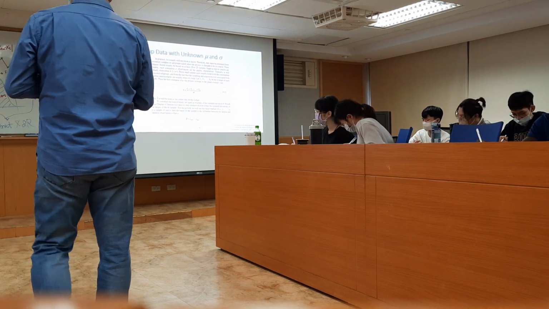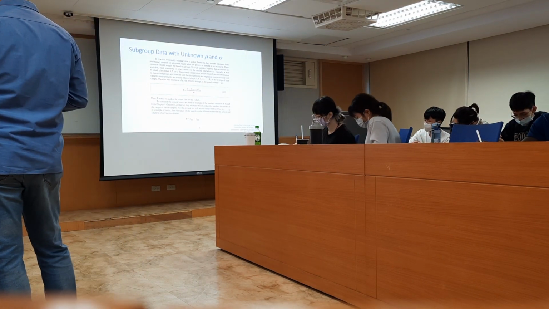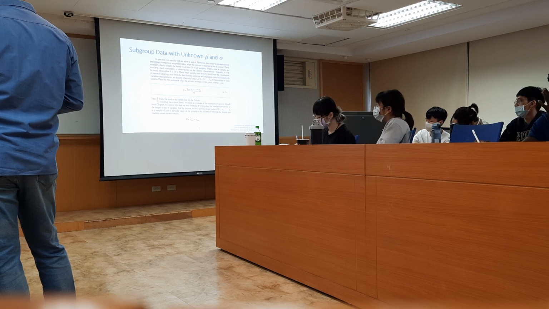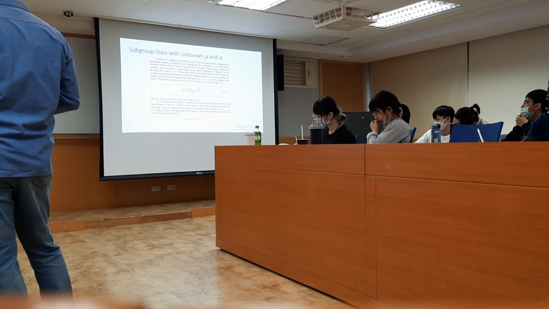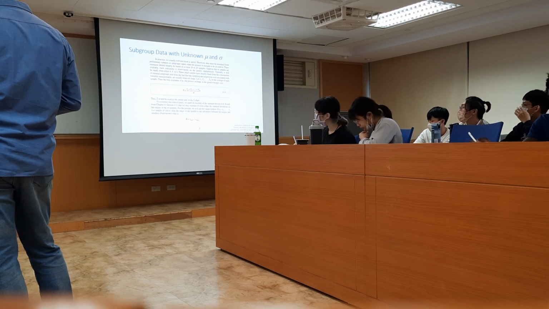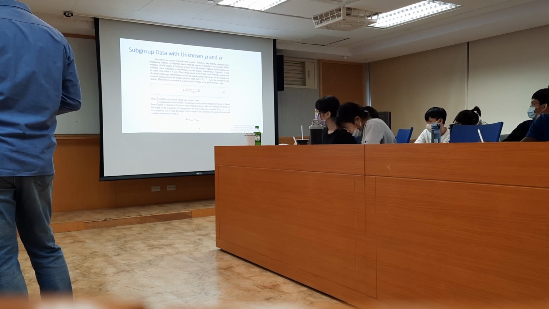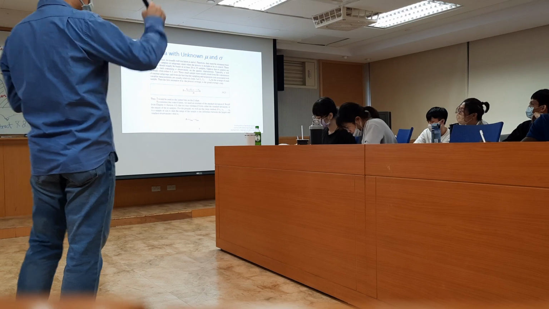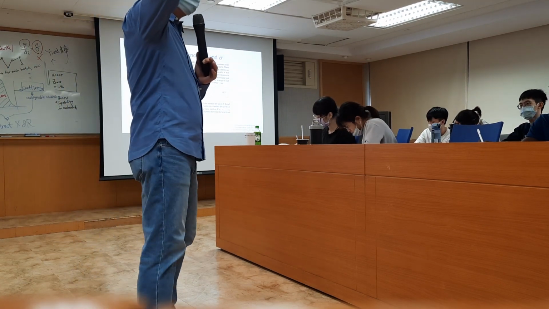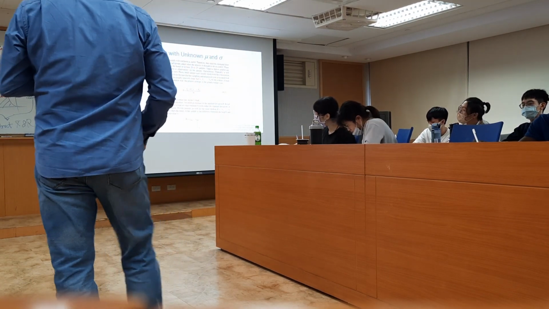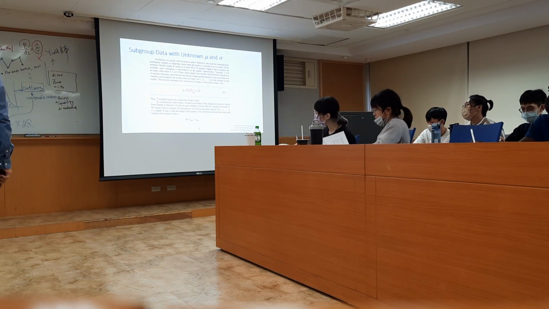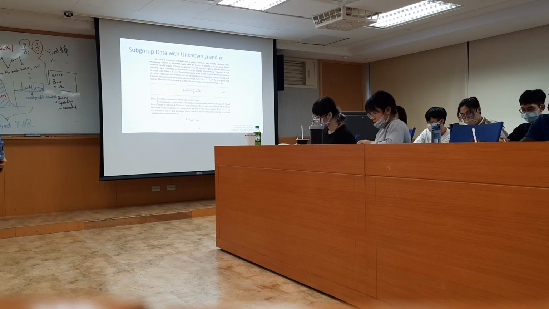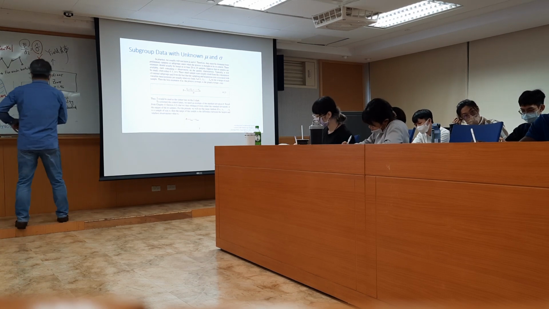Then there's a sample of size n. We will use the range method, x1 to xn, as a sample of size n. The range of the sample is the difference between the largest and the smallest, the maximum and the minimum observation value, defined as R equals x max minus x min.